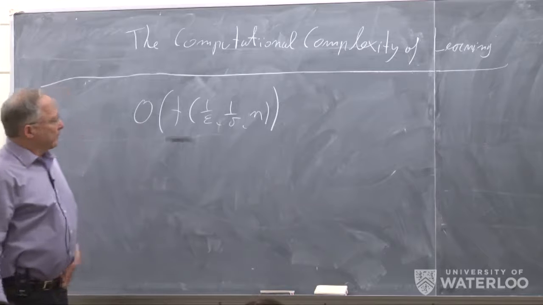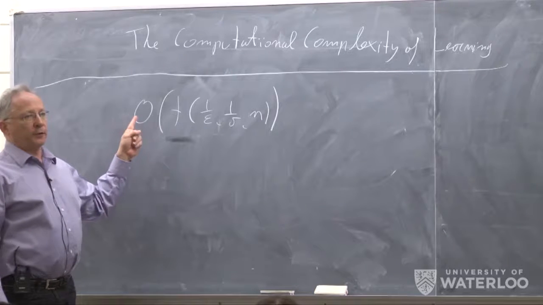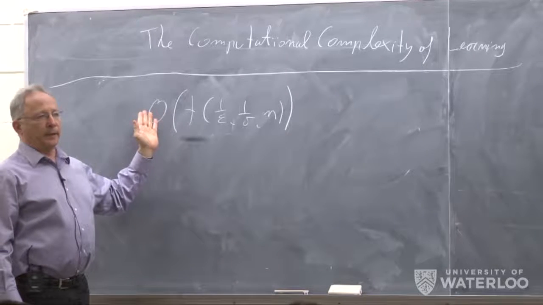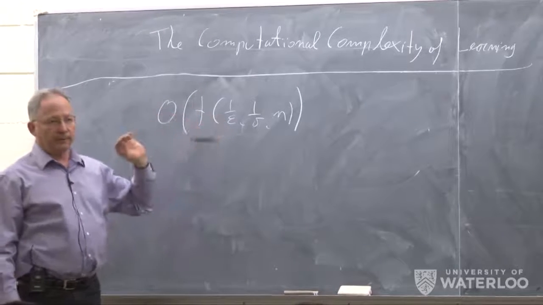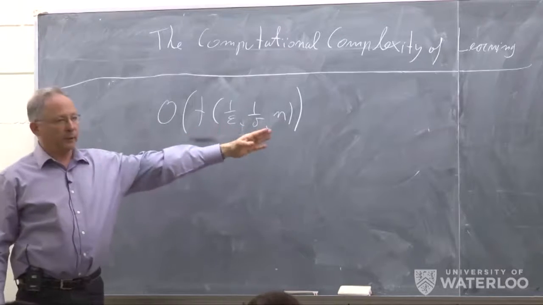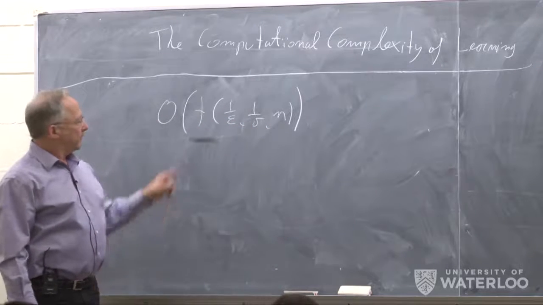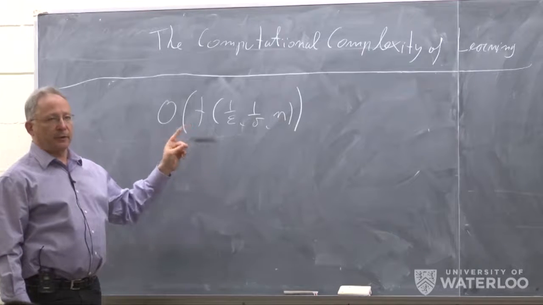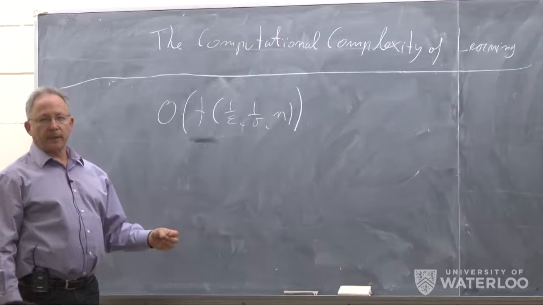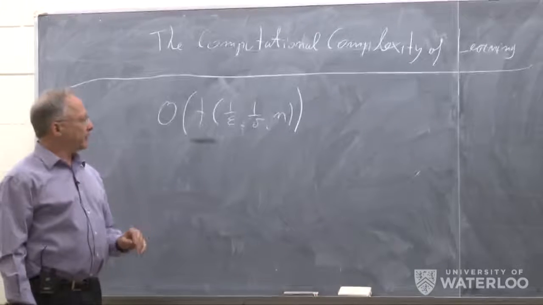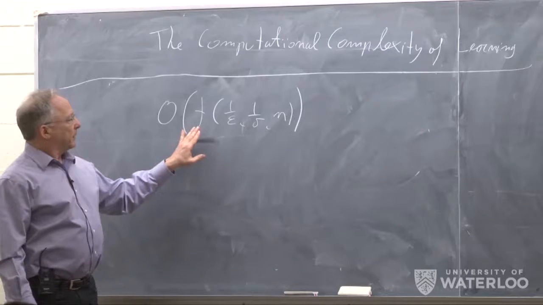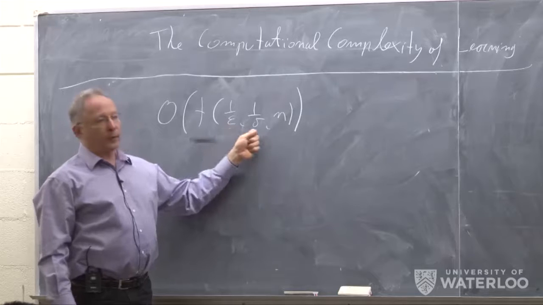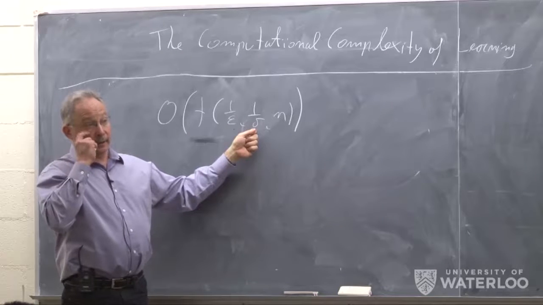So the O just says that we don't care about constants, and we really look at the asymptotic behavior. And here asymptotic could be with any of these parameters going to infinity. And the runtime, or the number of steps that we count, we just count computation steps. And we allow them to be any algebraic operations over real numbers. What we care about is how it behaves as a function of the required parameters of success of the learner,